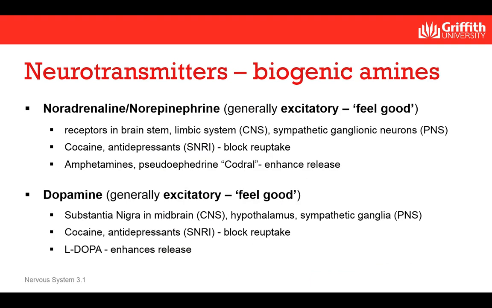The catecholamines are broadly distributed in the brain, are heavily involved in emotional behavior, and help regulate the biological clock. They are both generally excitatory, feel-good neurotransmitters, and imbalances of these neurotransmitters are associated with mental illness. For both noradrenaline and dopamine,